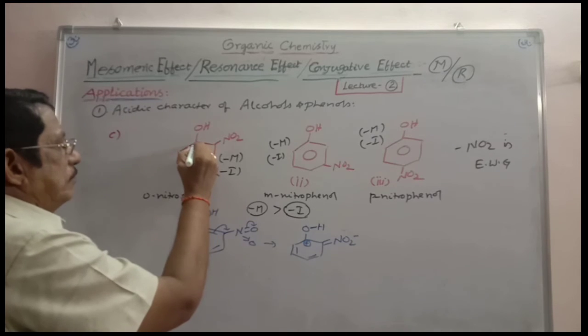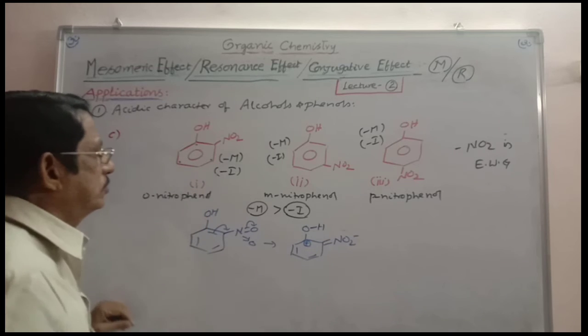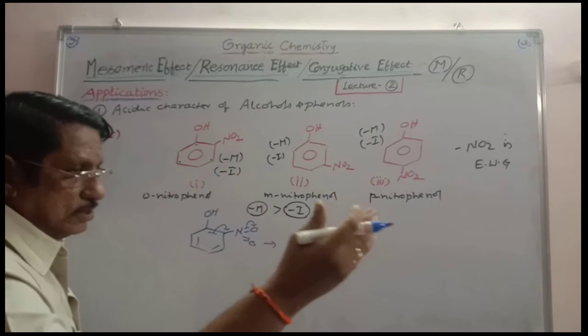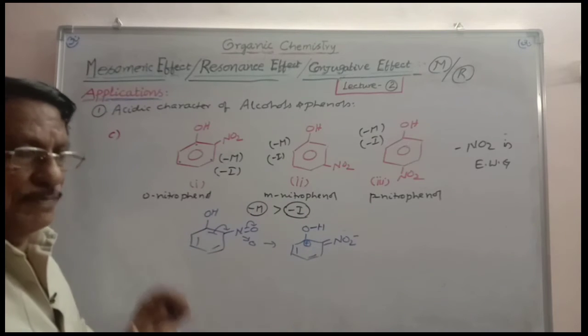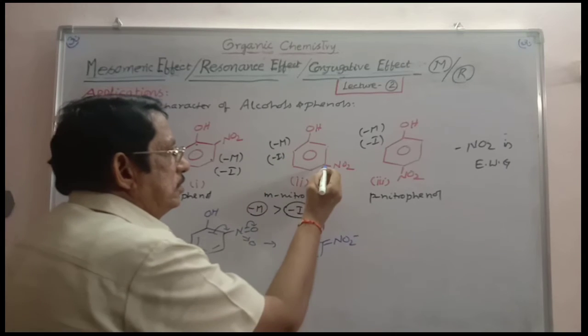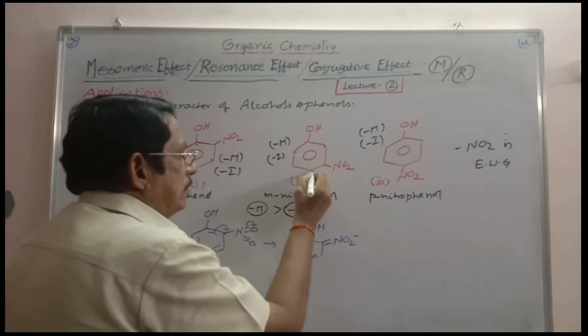And so here you are getting positive charge, here you are getting positive charge, here you are getting positive charge. At this carbon, as it is getting positive charge, it influences more and more, and so H plus is released easily. Mesomeric operation is there. Whereas in this case, it is giving positive charge here, later here, later here.